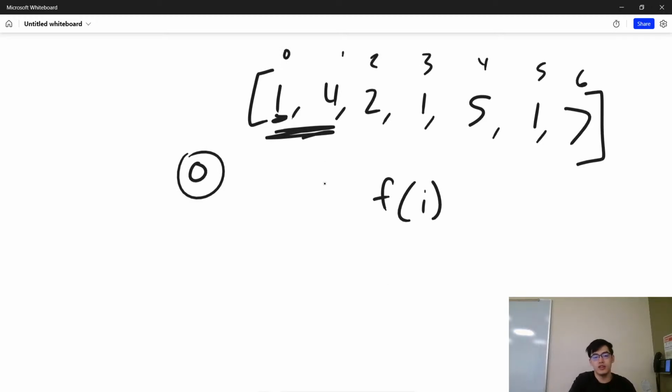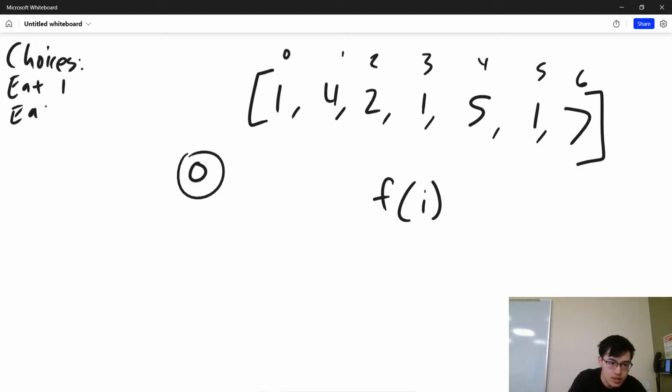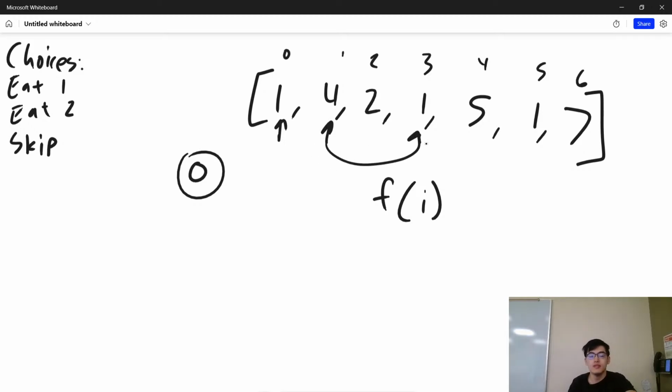If I decide to eat just 1, I have to go to 2. Or alternatively, I can skip this one and just go to the next food. So my 3 choices are: eat 1, eat 2, or skip. If I decide to eat 1 food, that's the equivalent of adding this element, and then I have to go to 2 because I have to skip the next one. Does that make sense? I can't eat 3 foods in a row, so I have to skip the next one, go to 2. If I decide to eat this 4 as well, I have to jump all the way to 3. But if I decide to eat none of them, I can just skip this one, just go straight to